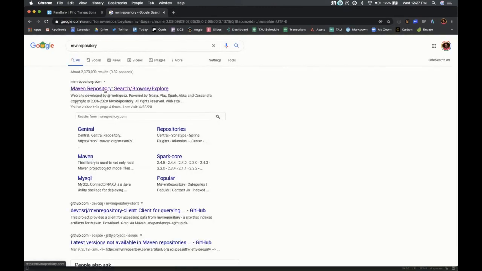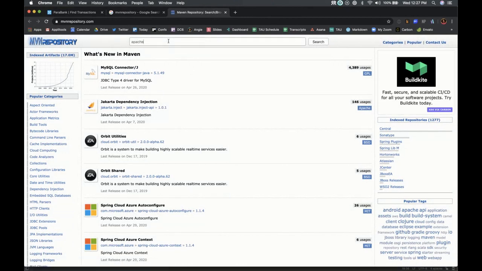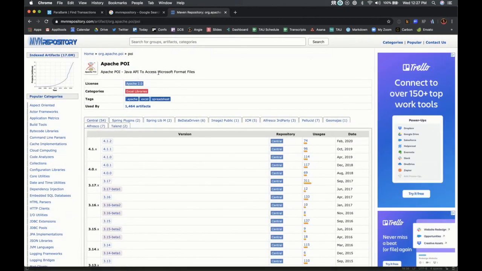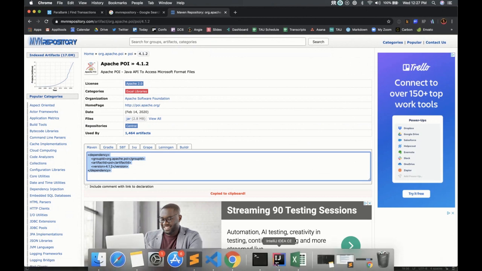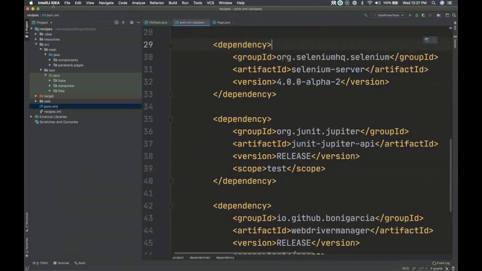So I'm going to go to Maven and let's search for Apache POI. So notice it says it's a Java API to access the Microsoft format. So really cool. I'm just going to add this to our dependencies in the POM file.